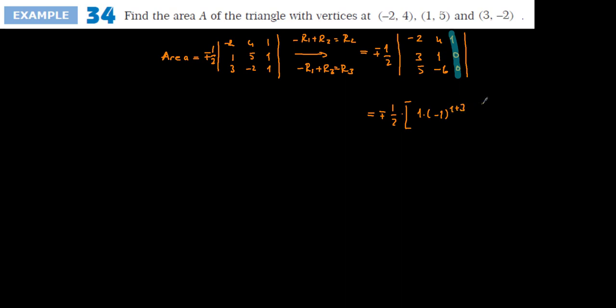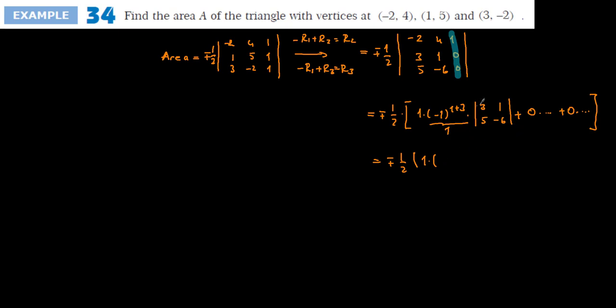First row, third column, and times here the minor, it's going to be equal to 3, 1, 5, and minus 6. Then plus the entry is 0 times something, but these are not important for us because the result is going to be equal to 0. Here, minus 1 to the power of 4, 1 times 1, is equal to 1, which is equal to minus 1 over 2 times 1 times